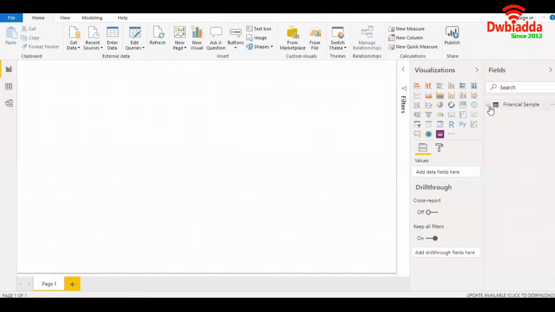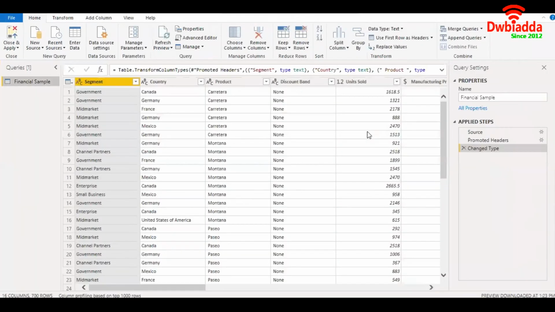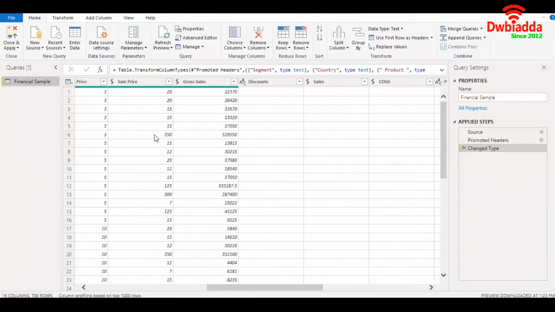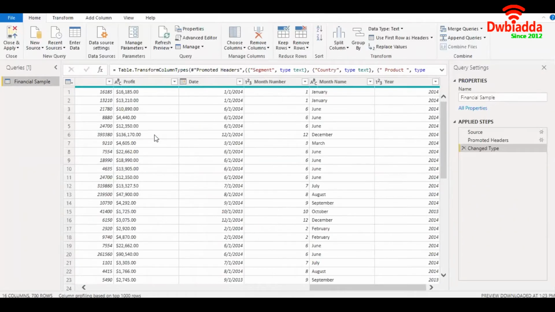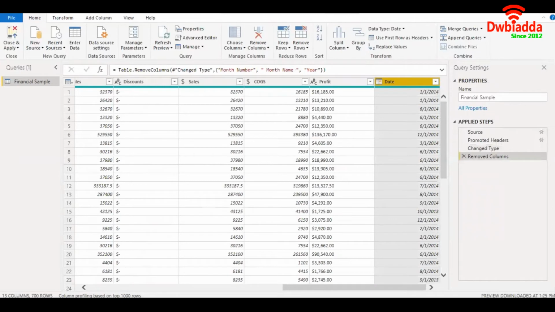So over here I have already imported a sample data set. I'll just right click and go to edit query. So this is the query editor. Over here you can make multiple transformations on your data so that it is ready for your analysis. For example, I have multiple columns over here, and I may not require all the data present. I have date over here, and I may not require these three columns that are a split between all the components of the date. So I'll just select all these three columns, right click and remove columns. So it is removed from my data set.